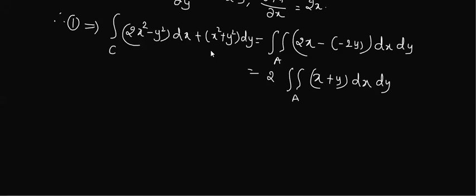What are x and y called as? Which coordinates? X and y are called Cartesian coordinates. So Cartesian can be converted in terms of polar. We have a relation. Can anybody tell me what is the value of x then? r cos theta, very good. y is equal to r sin theta.